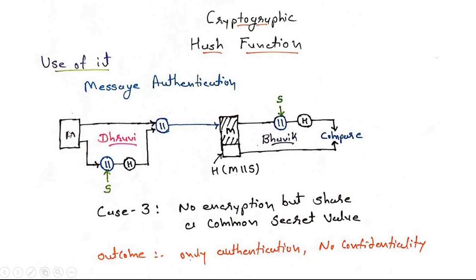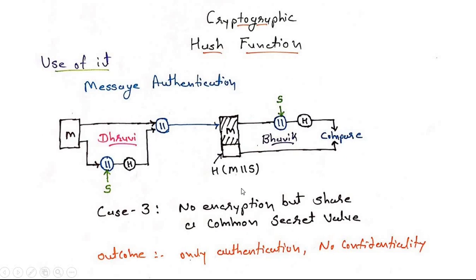Get it? So what we will do, first we will take an original message, and then we will apply the secret key value with the original message. So by appending the original message and secret key value, we will apply the hash code on this appended thing. After applying the hash code, we will append that output to the original message. So now this entire appended thing is going to be sent into the channel.